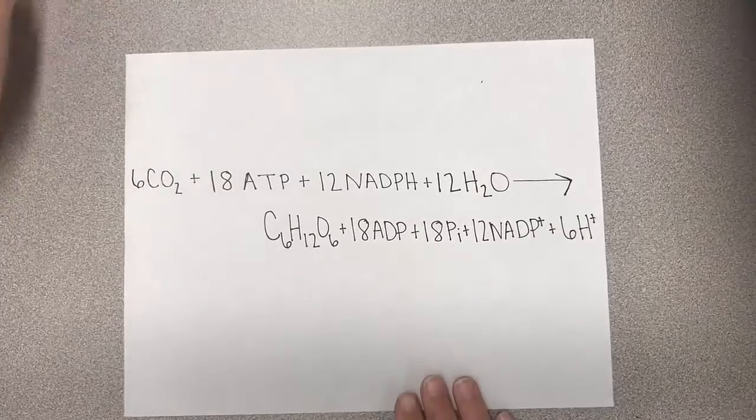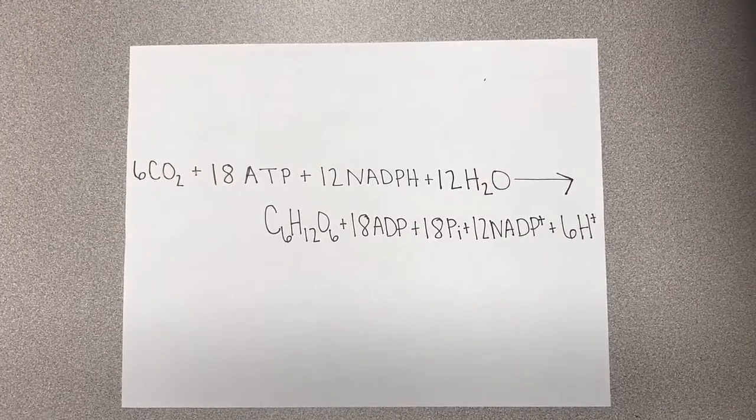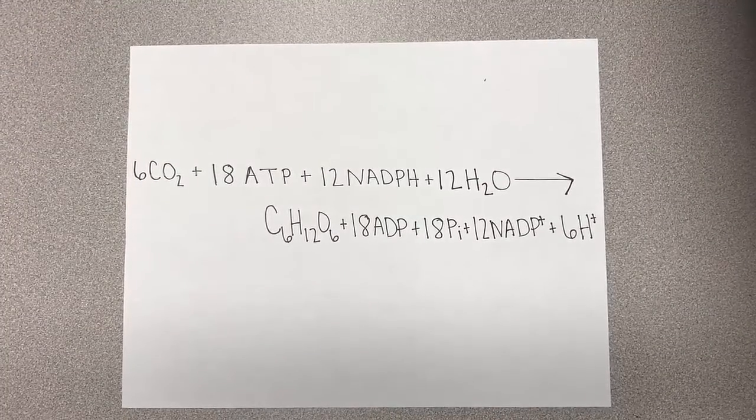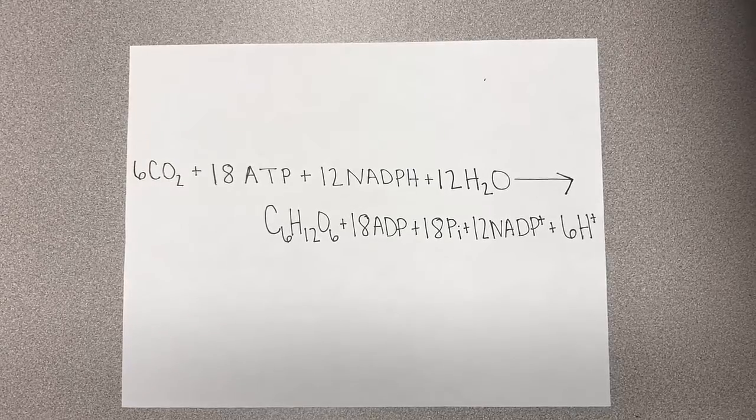In summation, with the requirements for synthesizing the 1 mole of hexose from 6 molecules of carbon dioxide, 12 moles of NADPH, and 18 moles of ATP, the overall dark reaction can be written as